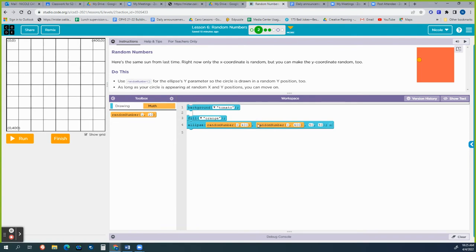This is going to mean that in this location, it is going to create any random number between 0 and 400, because again, that's the size of my grid, 0 to 400. You don't use any numbers bigger than 400 for a Y location. So now if I run this,